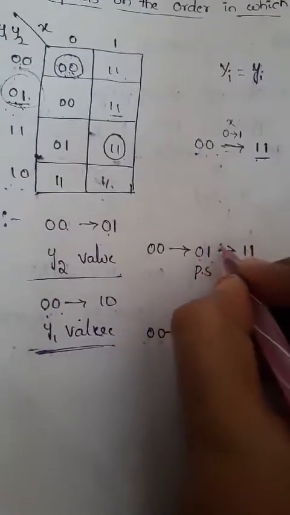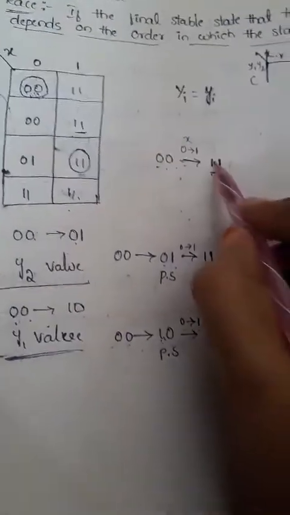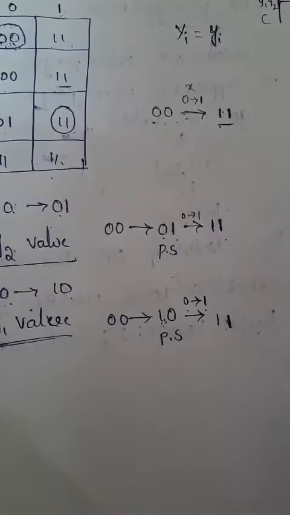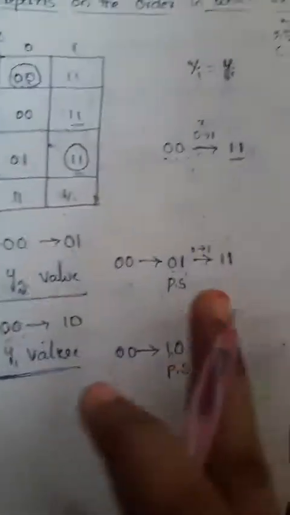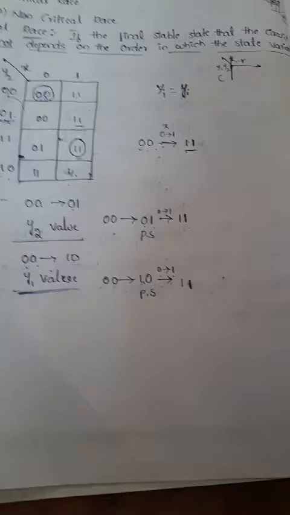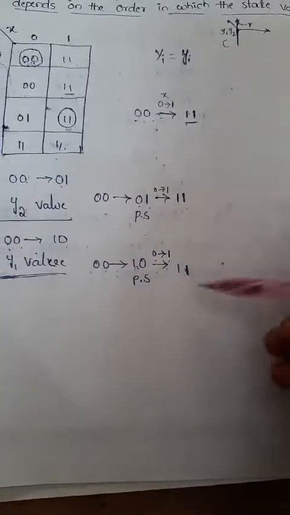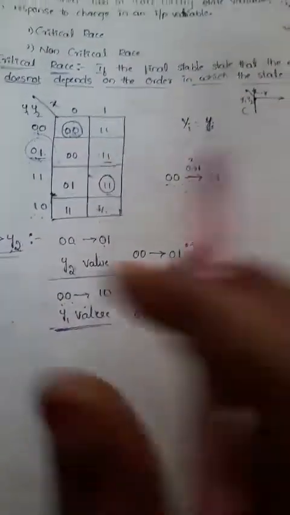Okay, so that is nothing but here we'll get the value from 0 to 1 is 1 1 stage, and here 1 1 stage, and here we'll get the 1 1 stage. Okay, so that means whatever the state will be changed, it may be 2 steps or maybe 1 step, the input will be changed 0 to 1, automatically the state will be having the stable, that is nothing but like 1 1. Okay, so whether it is right or wrong we have to check it here.